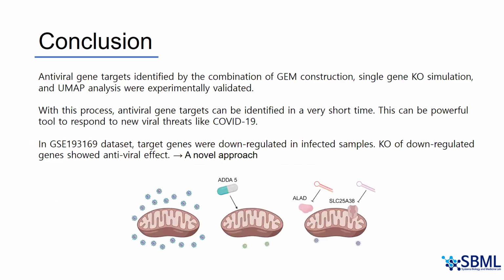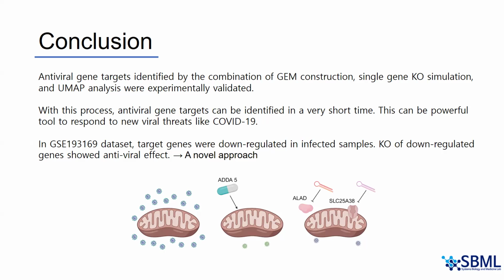So this is the conclusion of my research. Antiviral gene targets identified by the combination of GEM generation, single gene knockout simulation and UMAP analysis were experimentally validated. And with this process, antiviral gene targets can be identified in a very short time. So GEM construction takes a few hours, gene knockout simulation also a few hours, and UMAP analysis is done in a few minutes. So we can find gene targets